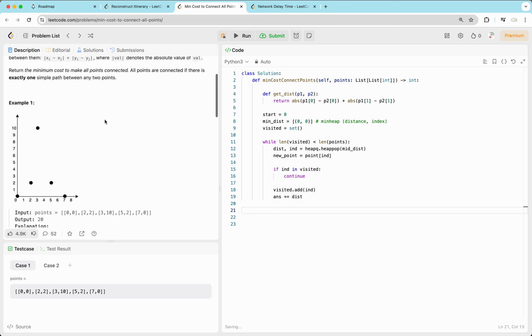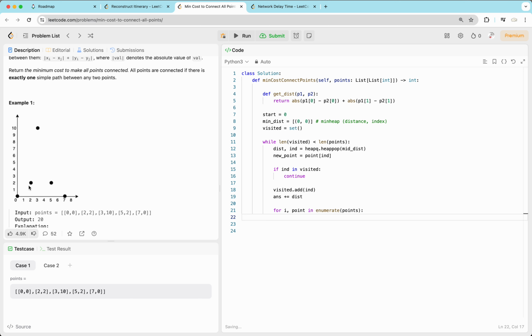Because our answer is the total distance, whenever we add a new point, we should be adding that distance to our total distance. Now this new point could be closer to the remaining points than our component previously was. So from that new point, we should check the distance to all the unvisited points. And if that's closer, we should be pushing it into our min distance heap. We can check that later. So now for i, point in enumerate(points):